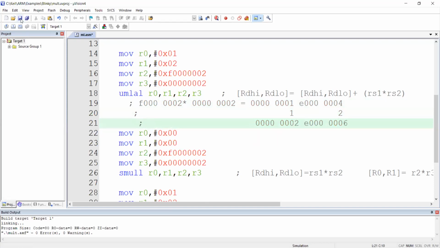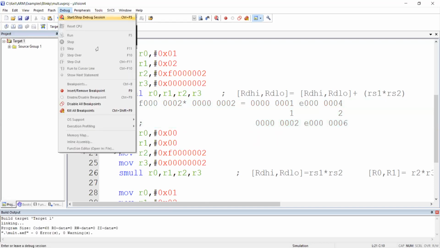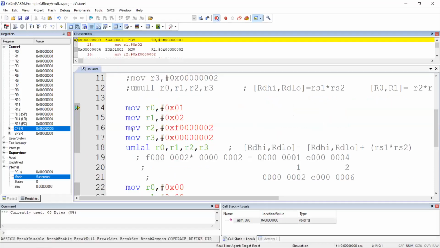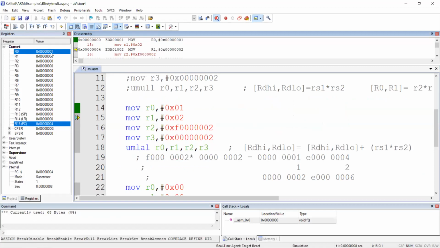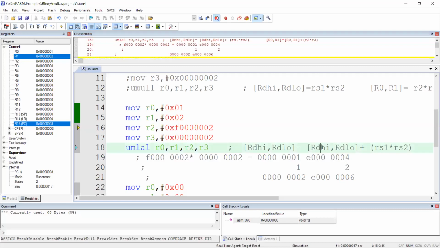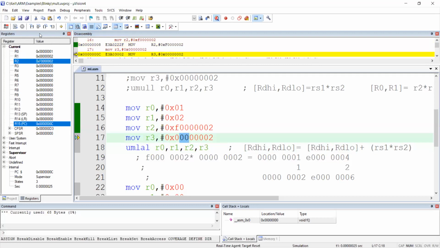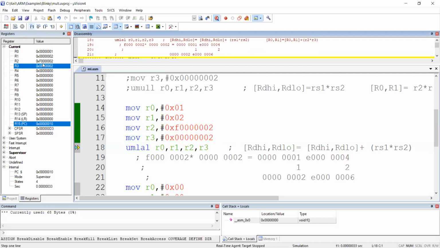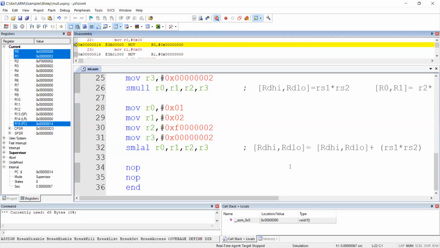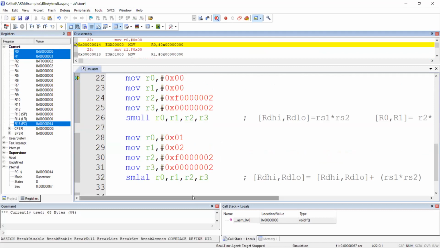Okay, let's see whether we will get that. Now you see, what is the R0 already existing value? 1, because we only stored it to check whether this is adding or not. Okay, next 2. So here you imagine 1, here you imagine 2. Next, multiplication of two numbers, this line and this line. Next number is what? Can you see here? The number 5 and 3. 5 and 3. Sorry, I have changed the order here.